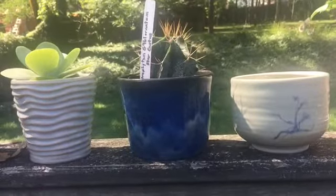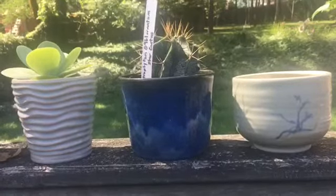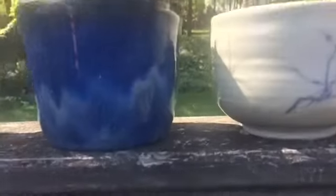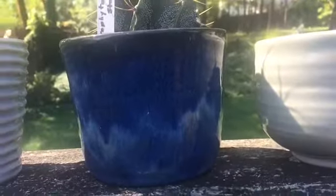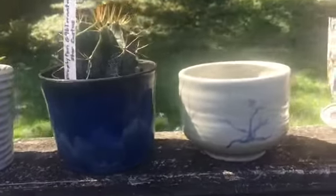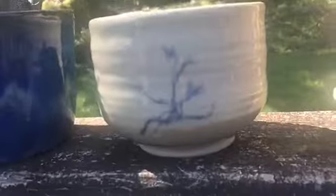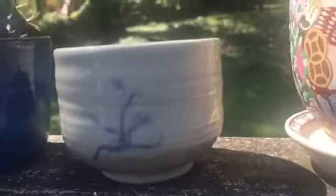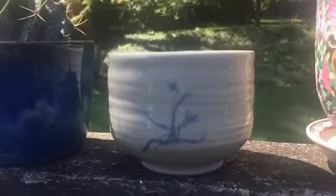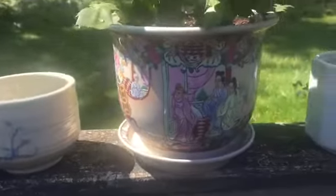Craft shows, local craft shows often have a lot of pottery, so you can also pick those up there. But they're definitely, the glaze on this one is really nice. It's a blue, and I just think that's something to admire. This pot is obviously hand thrown, and it has an artist's signature under here. It's a nice size and shape. I don't have anything in it at the moment, but that's because it's new. And then the next one I wanted to show you